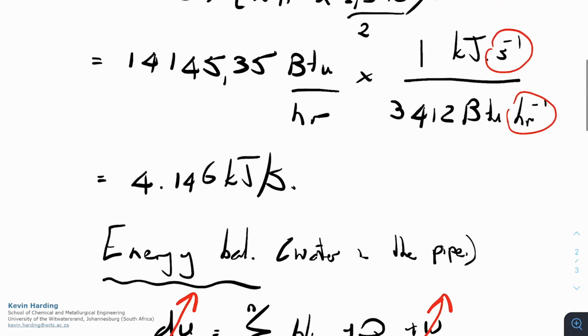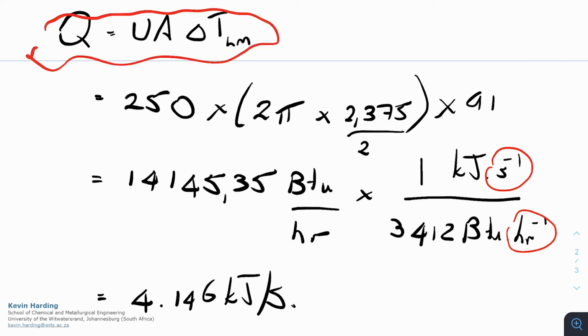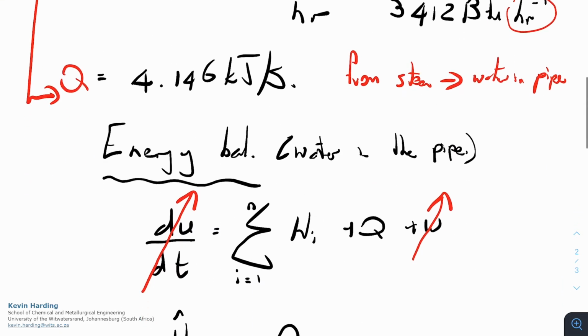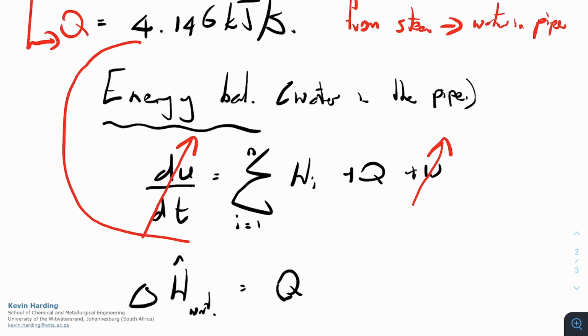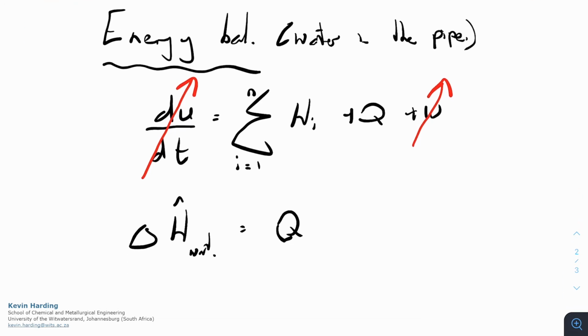What we've already got, if I scroll back up here, we calculated the Q because of the heat exchanger. So this down at the bottom is the Q from the heat exchanger that goes from the steam to the water in the pipe. Because energy is conserved, any heat that is lost by the steam is going to go into the pipe. So that value 4.146 is also equal to that Q there. That is also the Q that we've already solved for the heat in the pipe. However, as I said, we are only worrying about now what is actually happening in the pipe itself.